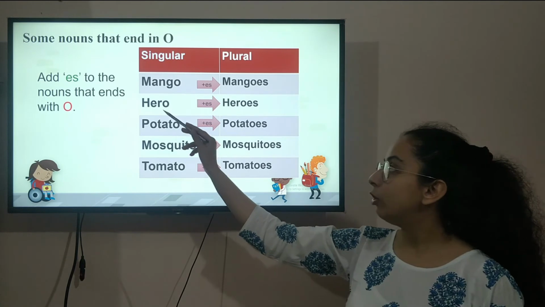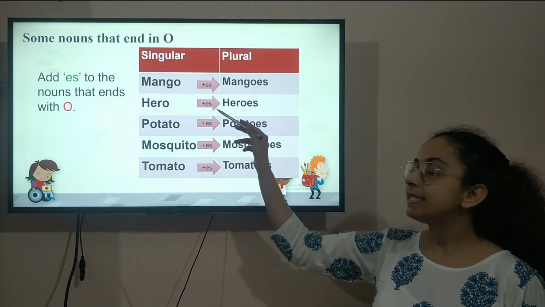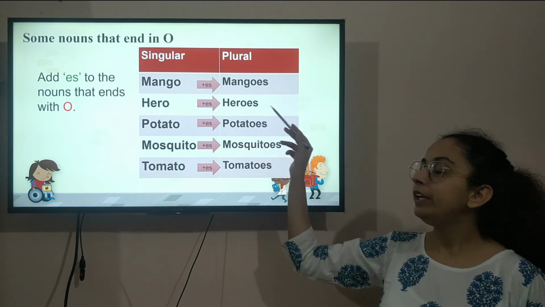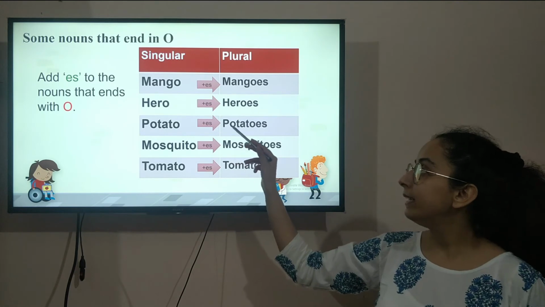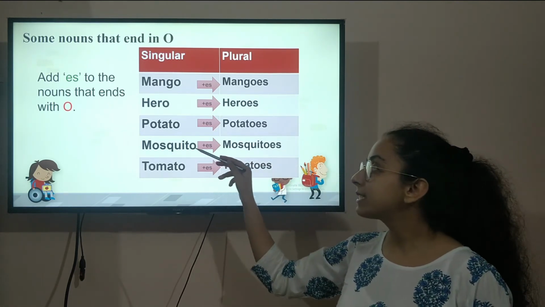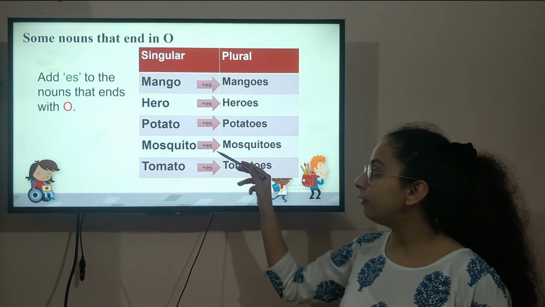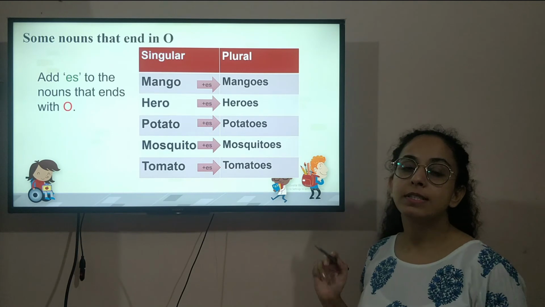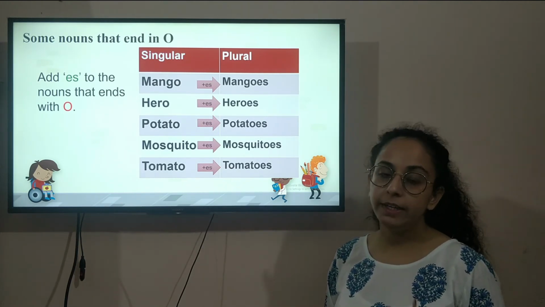Hero, it is also ending with an o, we will add es after it, it will turn into heroes. Potato, we will add es after it, it will turn into potatoes. Mosquito, ending with an o, we will add es after it, it will turn into mosquitoes. Tomato, we will add es after it, it will turn into